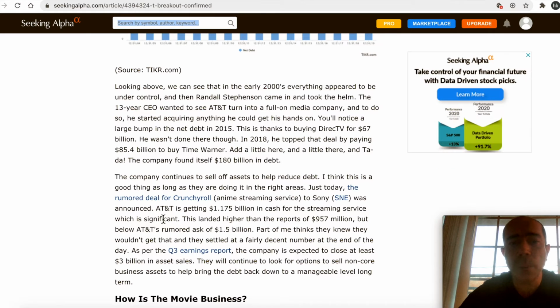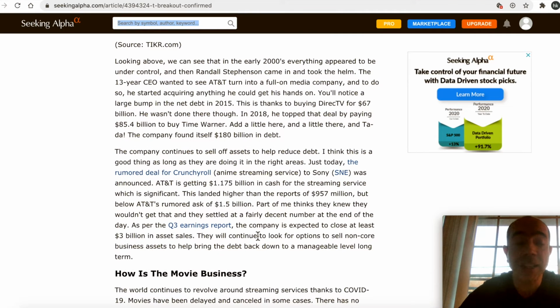AT&T is getting 1.175 billion in cash for the streaming service, which is significant. This landed higher than the reports of $957 million, but below AT&T's rumored ask of 1.5 billion. Either way, this is a big sale for them, and it's going to increase their revenue, and I think it's very good news for them. And just today, they increased their dividends to 52 cents per share, which is more good news for them if